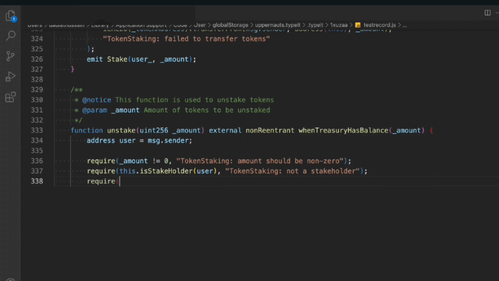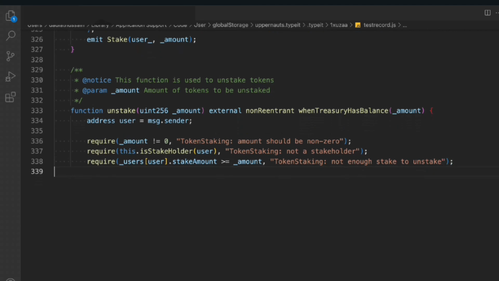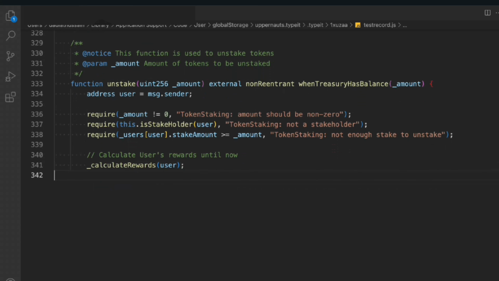The third check we have to do is to check the amount he tried to withdraw, whether he has it or not. Otherwise we have to throw this particular error message, not enough stake to unstake. Then we have to simply calculate the user reward, the reward which the user has earned so far after staking the token. So we'll say calculate reward, and this is the function we're going to create internally. Just wait. In that we have to pass the user address,